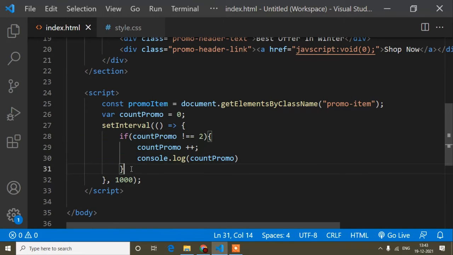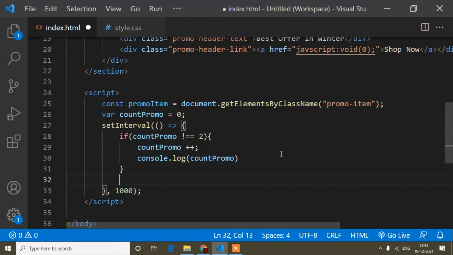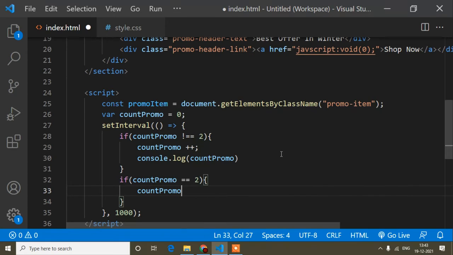So now here what I will do, I will write if count promo is up to 2, then count promo equals to 0. It means when it reaches 2, first of all understand the condition here, not equals to 2, so that time it will increase. So when it is 2, that time count promo becomes 0 again, I mean the first position.